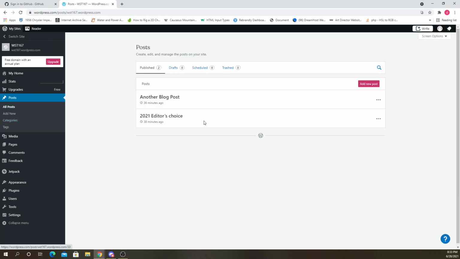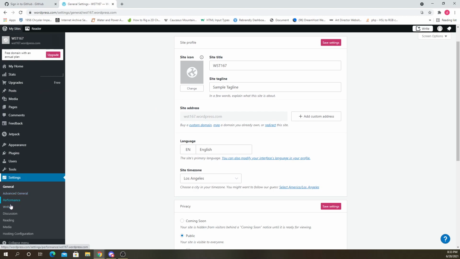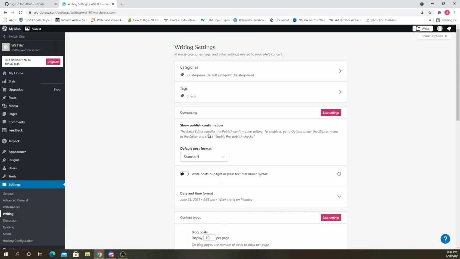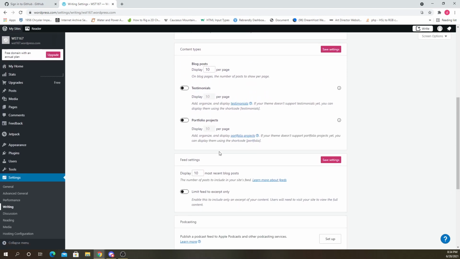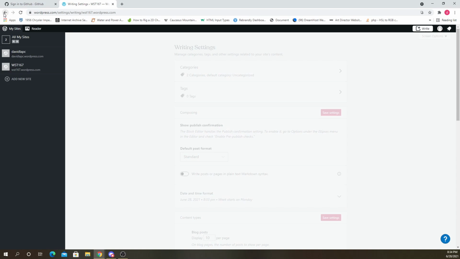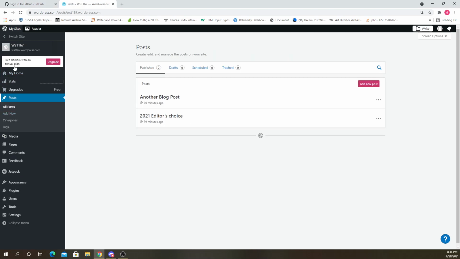But usually the option to change all of that would be in here somewhere. I think usually under settings, maybe under writing, but in this case it's not showing it. So it might be something that we can't do in WordPress.com. We'll only be able to do it with the actual WordPress software from WordPress.org. But anyway, just mess around with WordPress, just get used to it. So you'll be ready to build a page tomorrow.